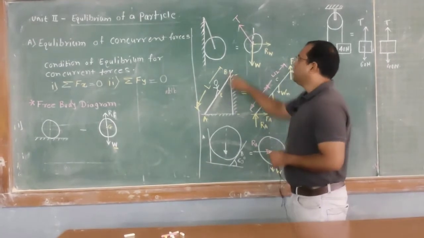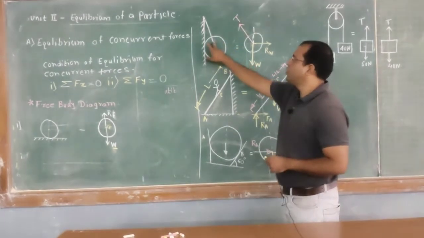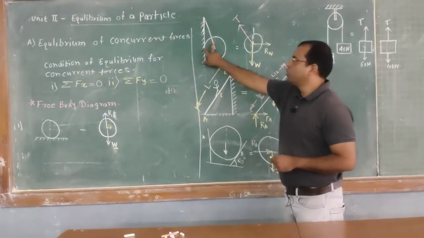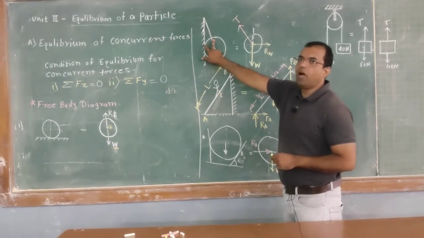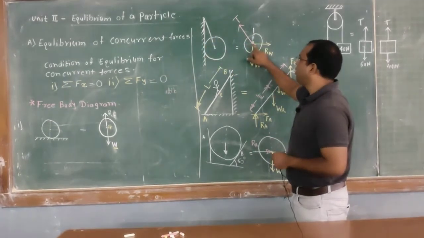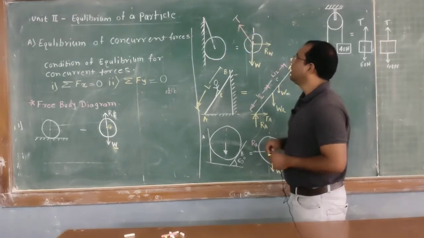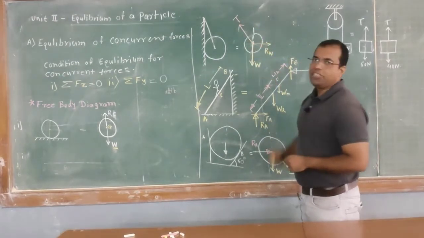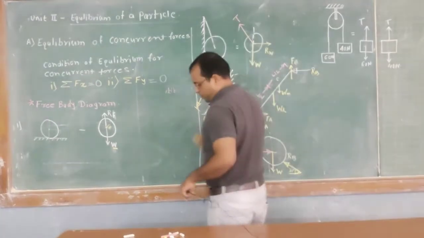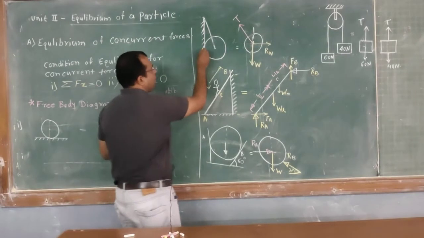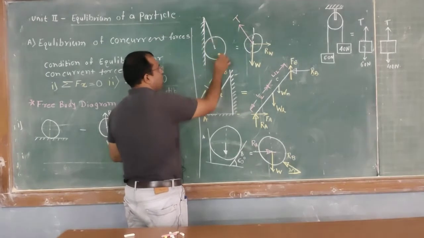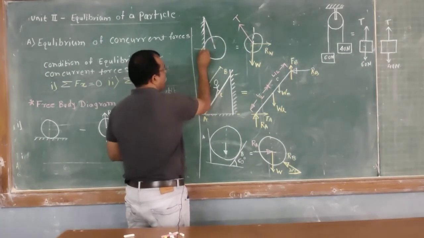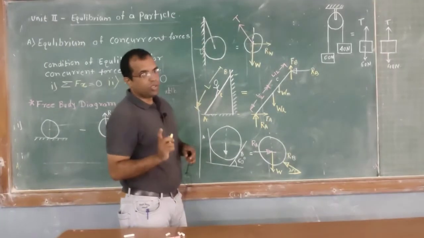Now this ball is held in position due to the string as well as the support of the wall. So these two components also produce some reactions, and we have to show those reactions. The reaction offered by the string I have indicated by the notation T, that is tension in the string, and the force which is offered by this wall on this sphere is horizontal, like this. Always remember that the force always acts at a right angle to the point of contact. So always remember this.